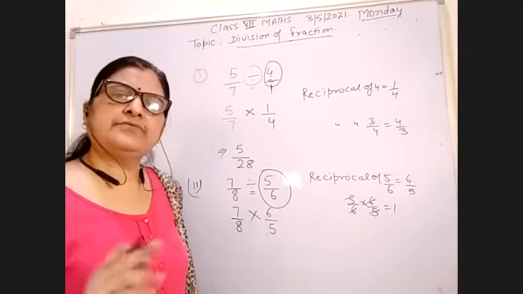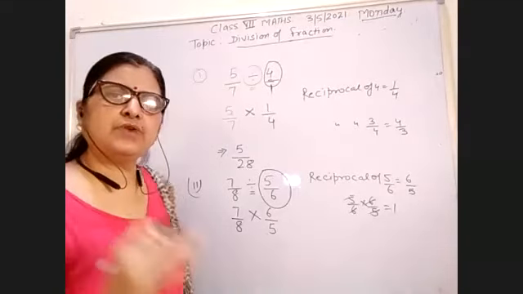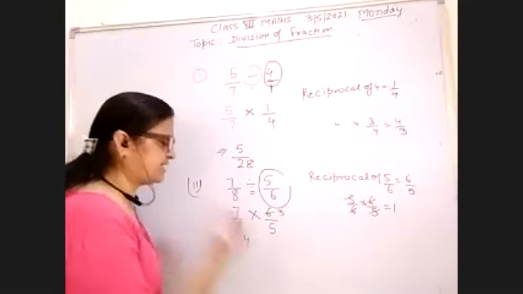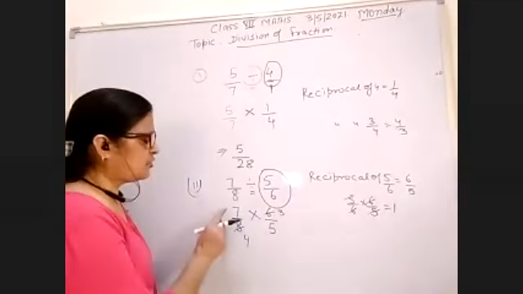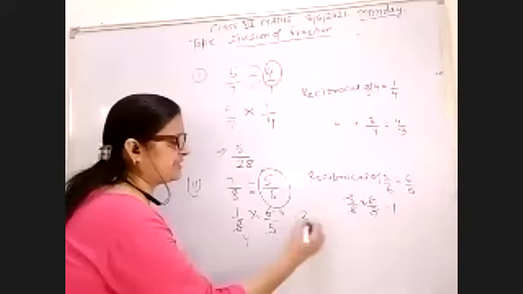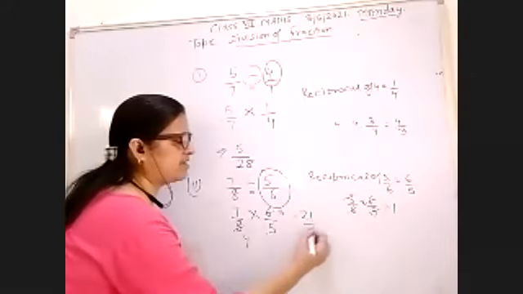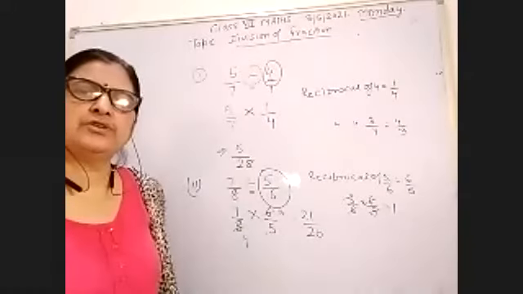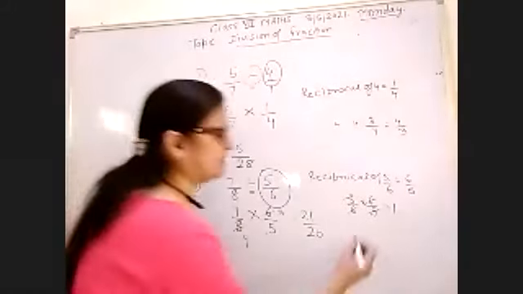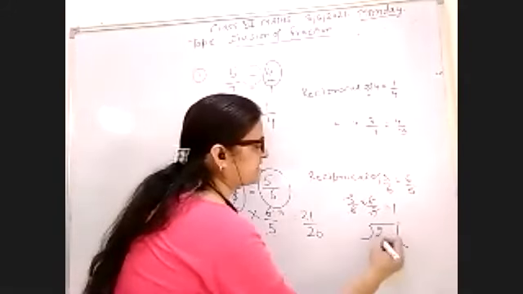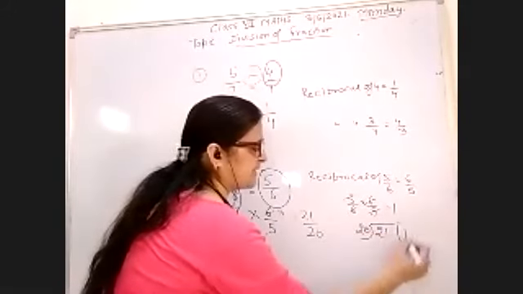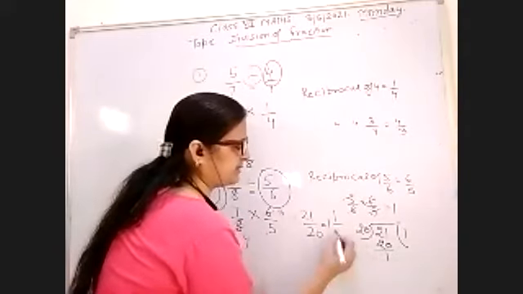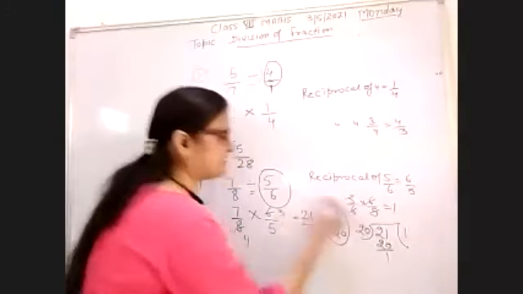Now the numbers which cancel each other, you have to cancel it. So 2 3 ja 6, 2 4 ja 8, it is cancelled now. So now 7 3 ja 21 and 4 5 ja 20. Now 21 is greater than 20. Then your numerator is greater than the denominator. You have to change it into the mixed fraction. So 21 ja 20, your one is remainder. So you have to write this question